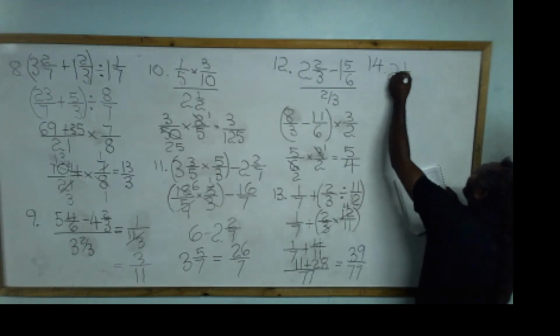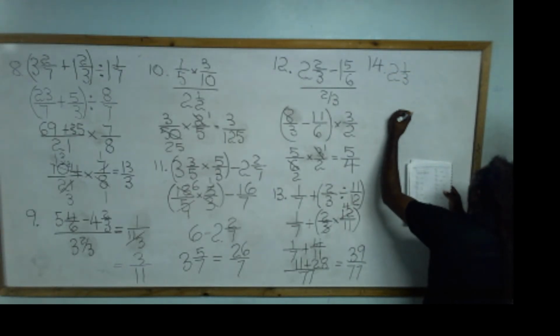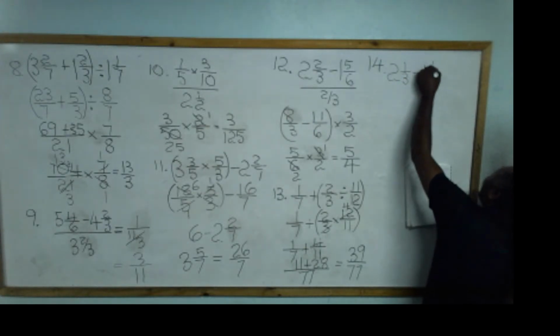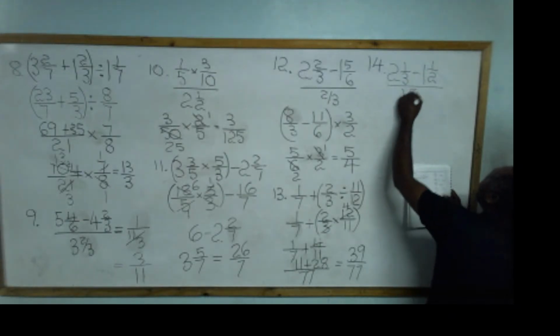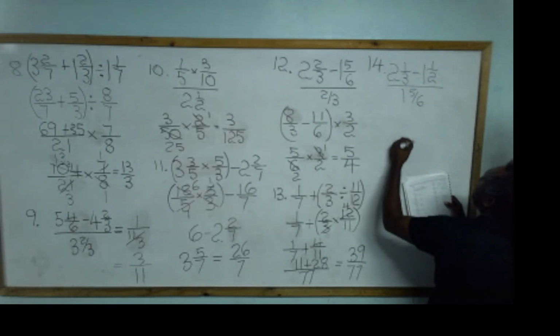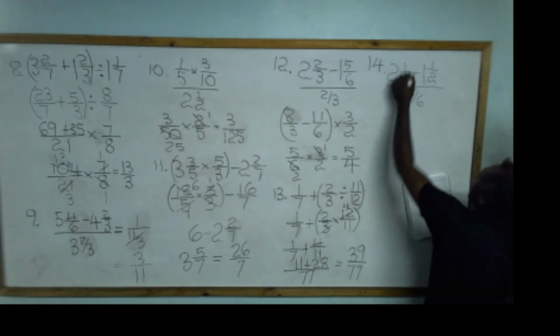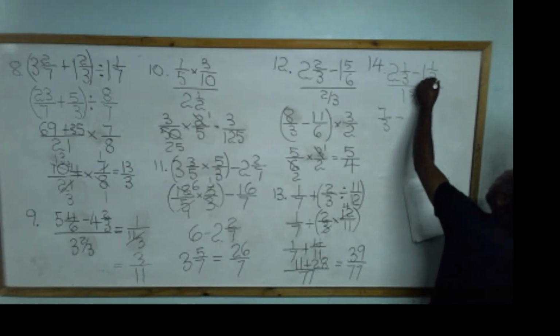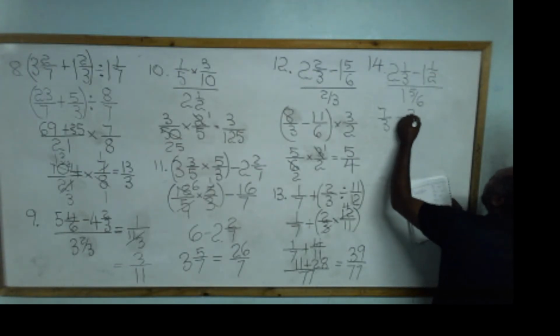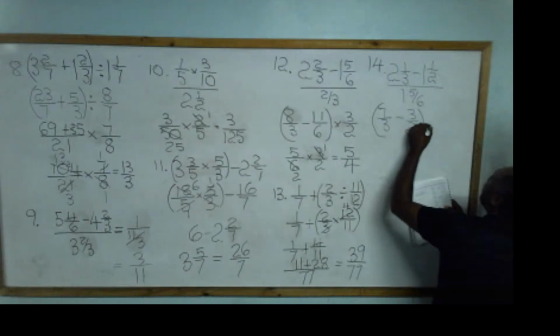2 1/3 minus 1.5 over 1 5/6. So what do we have? 3 2s are 6 plus 1, 7 over 3 minus 2. Well, this is 1.5, so we know it's 3 over 2. 1.5 is 3 over 2. And we're going to divide this by